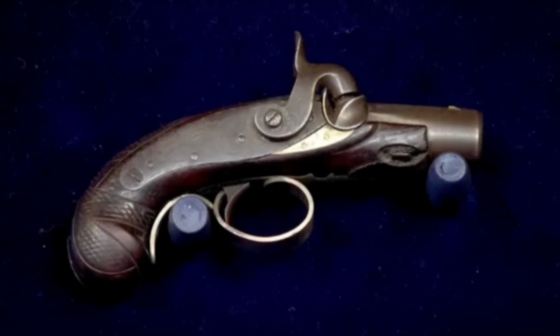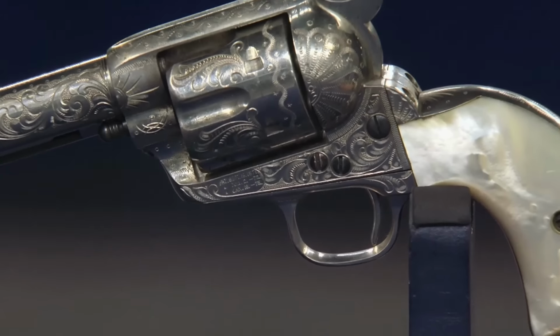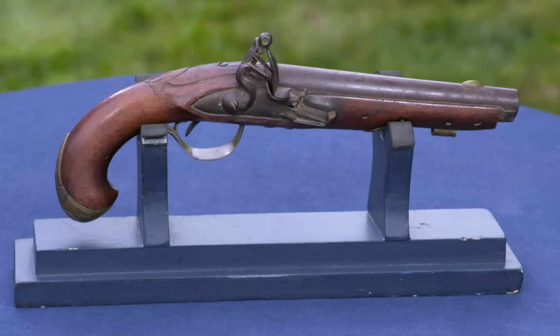It would look exactly like the one that killed Lincoln. That could be worth $1 million. What? The guests presented what they believed to be a flintlock pistol from the era of the 13 colonies, which